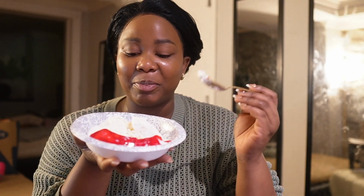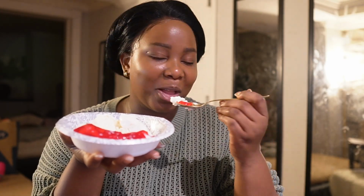so that you can now unwind and get yourself together. So what I'm having here is a very big bowl of ice cream, vanilla bean ice cream with strawberry homemade jello. So good. And the reason why I'm having this so late is because I'm trying to not burden myself with my thoughts,